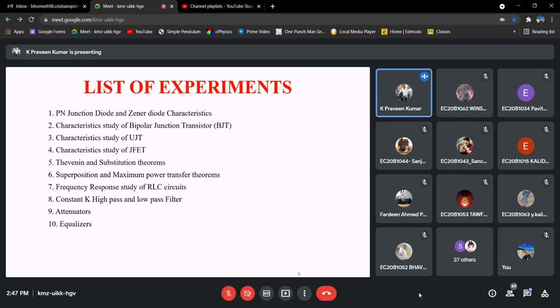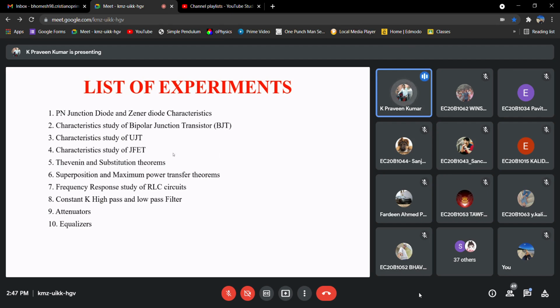Have you seen the syllabus? No, sir. Oh, okay, no problem. Basically, our lab is Devices and Networks. Among these experiments, these four experiments, 1, 2, 3, 4, will be based on electronic devices like diodes, BJTs and FETs.